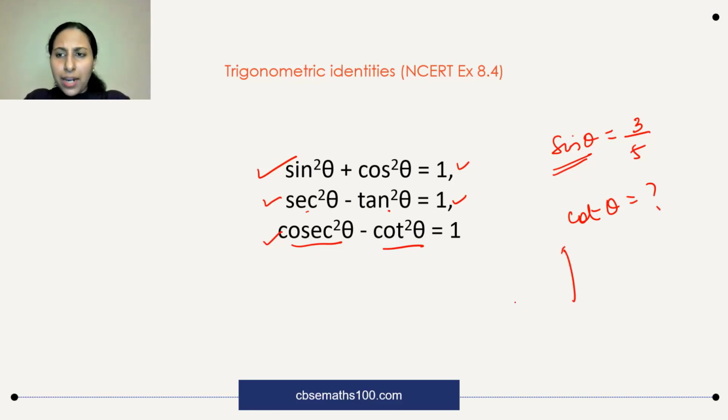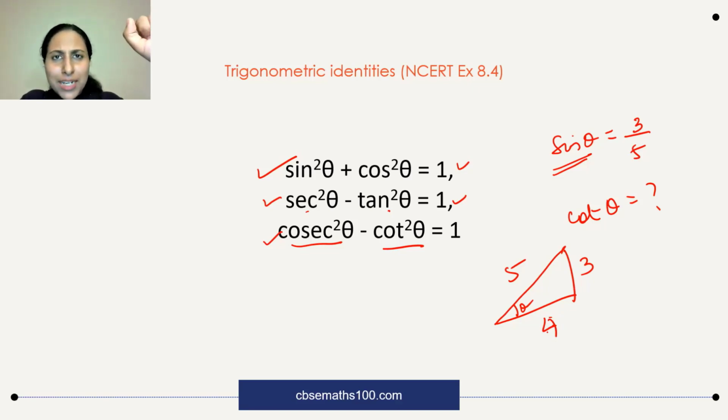Easy. Draw a triangle. Okay. So here sine theta is equal to 3 by 5. That means that opposite side is 3, hypotenuse is 5. Now, if this is the case, what will be this missing side? Well, by the Pythagorean triplets, you already know this should be 4. 3 square plus 4 square is 5 square. Or you use Pythagoras theorem. You get this measurement as 4.